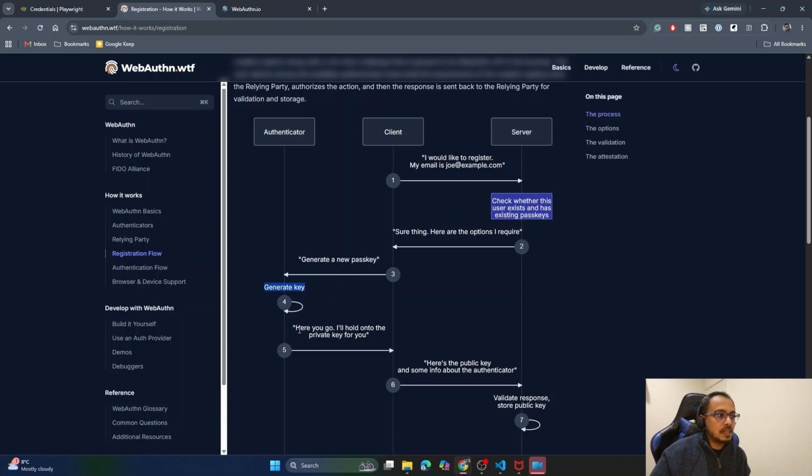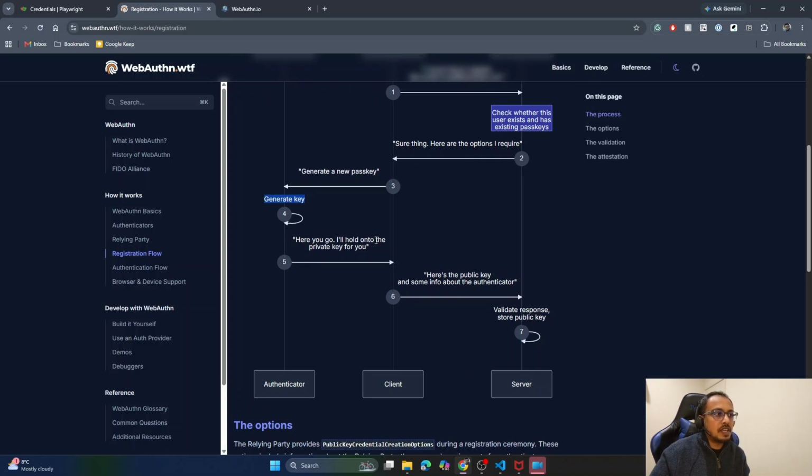Once it's generated the new passkey, it will provide the public key, but it will keep the private key. Then the client will provide the public key back to the relying party, or the server, and then finally the server will validate whether it successfully